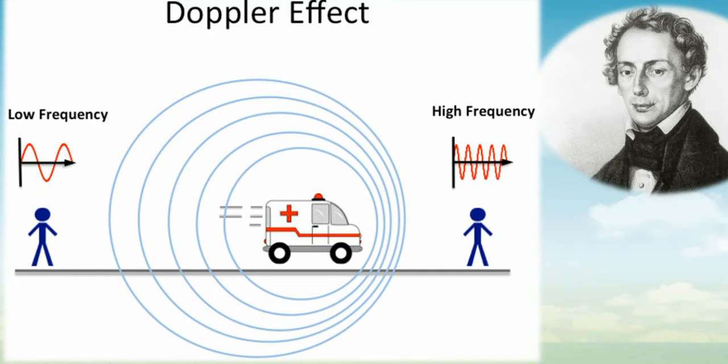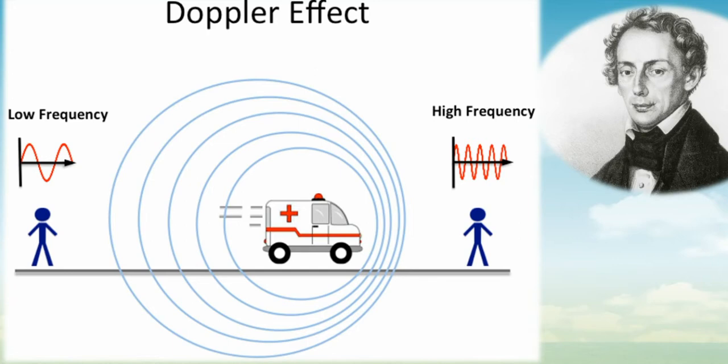Then what does the Doppler effect actually tell? Before the Doppler effect, we saw different theories of light, among which Huygens proposed that light travels in the form of a wave. And using that wave concept, Doppler was able to explain a phenomenon, and it was called the Doppler effect.